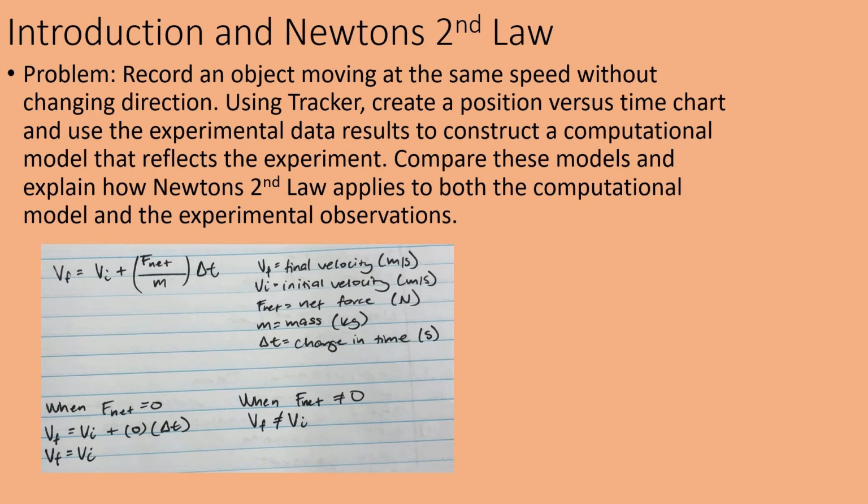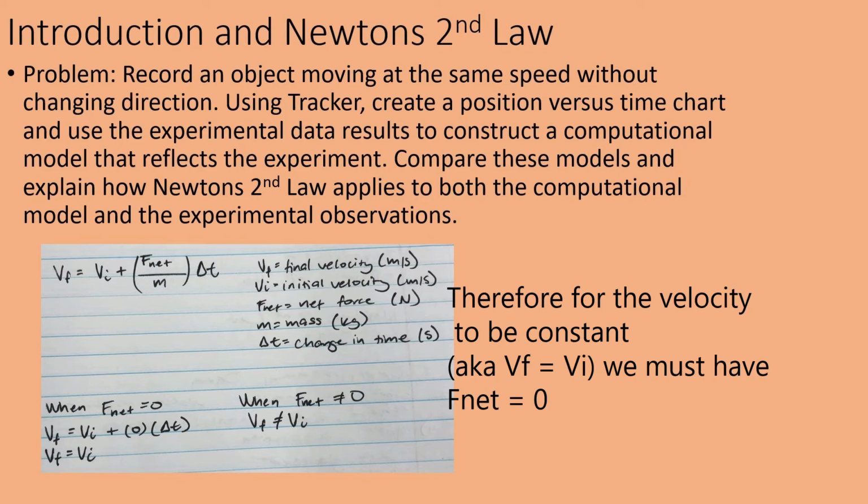All right, lab one, constant velocity. Let's get into it. So basically, a little background about this lab is, we're recording a moving object. It's moving at a constant velocity. And then using Tracker, we can create a position versus time chart and use that experimental data to construct a computational model. Then we compare these two models